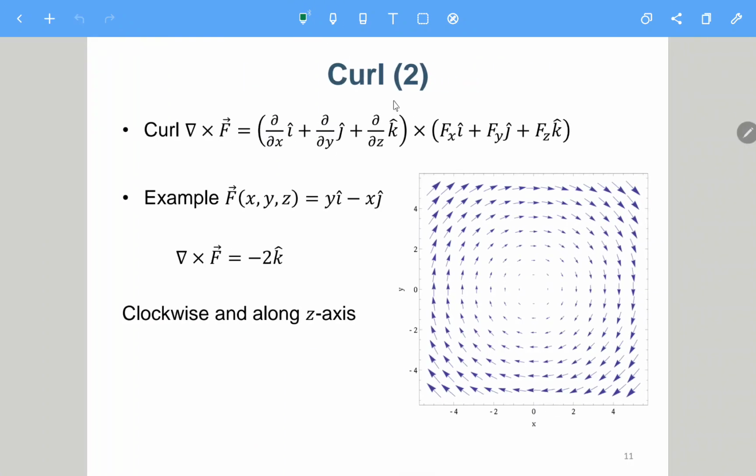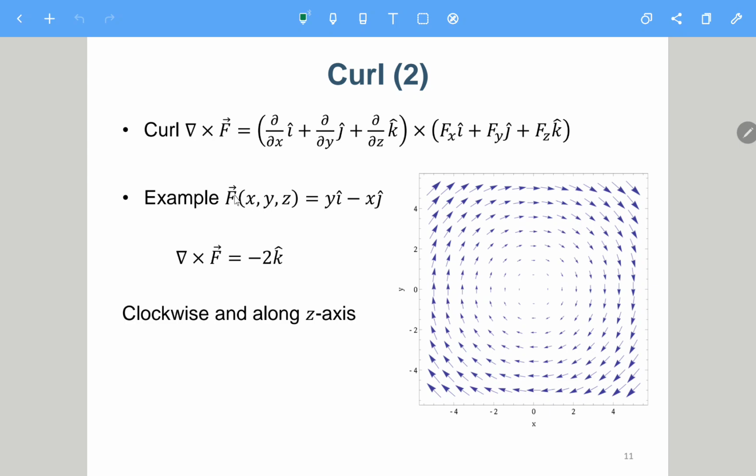Okay, so what is this? What is its physical meaning? So the curl means how the vector field is rotating across a point. Okay, so let's say if we have a vector field like this,